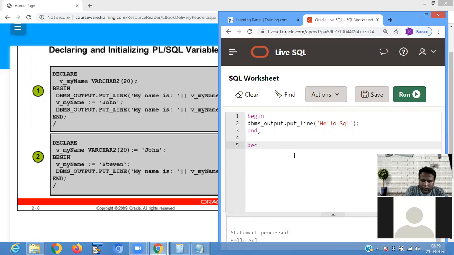storing a value in a variable, first we use the declare keyword for declaring a variable. v_my_name varchar2 for initializing a value, then begin.